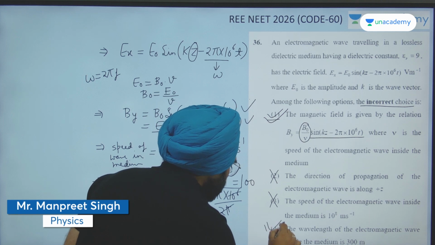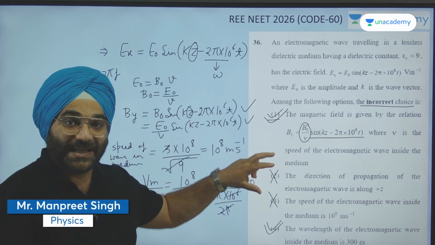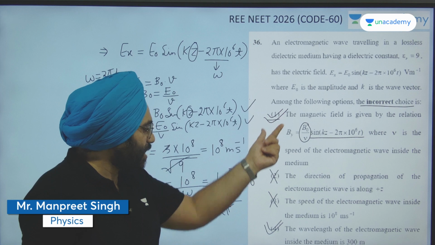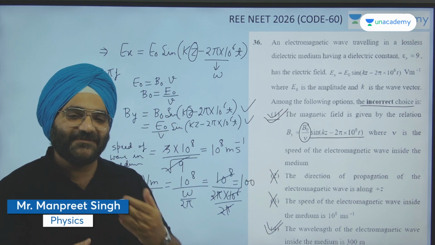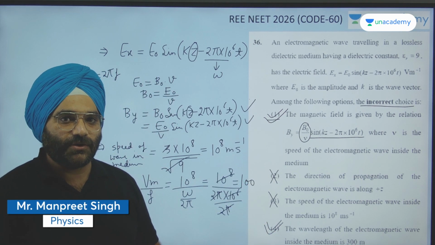Got it? So this is dicey. This is also an answer, this is also an answer. So let's see whether they are going to give grace marks for it or not. Okay,